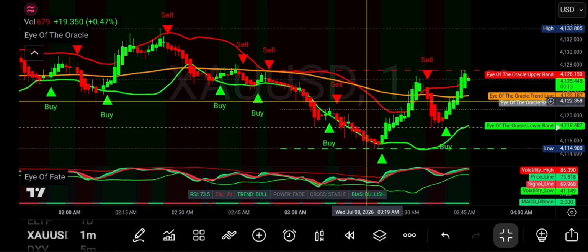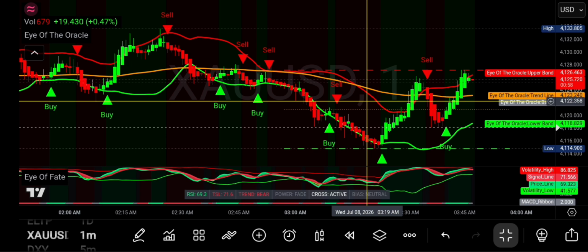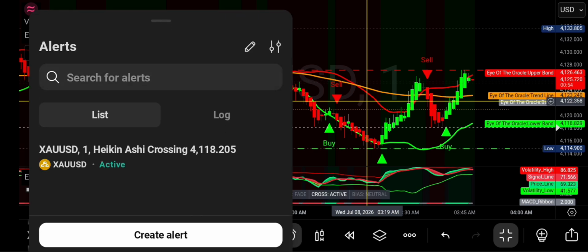Alright, so now that we got all that, we know exactly what the signals do and how they do them. Let me show you how to turn this into an automatic trading system. First thing you want to do, because we're on mobile, I'm doing this exactly from my phone, you want to look down, you want to see the clock, right? The clock is going to let you tap it. All you gotta do is go in here, hit create alert,